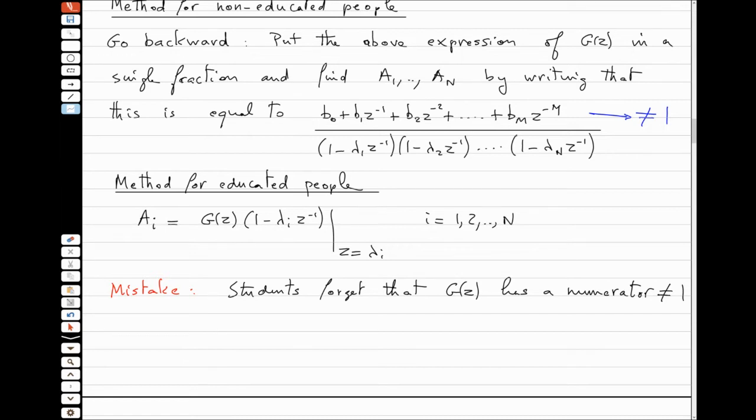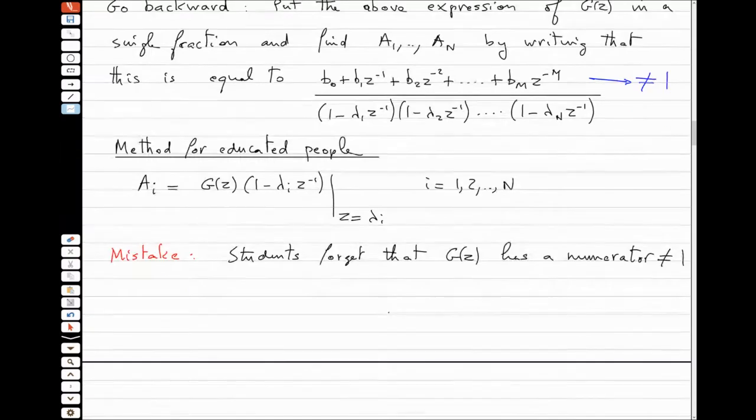So after you have simplified this, students forget that when they plug in Z equals lambda I in the formula, there is something not equal to 1 here. All right, so that's